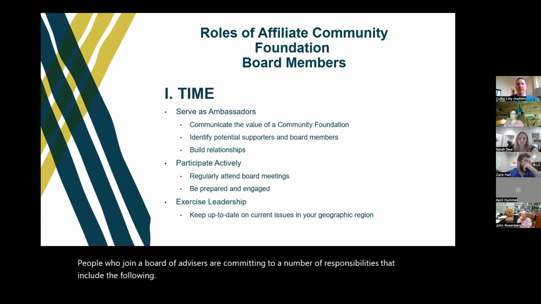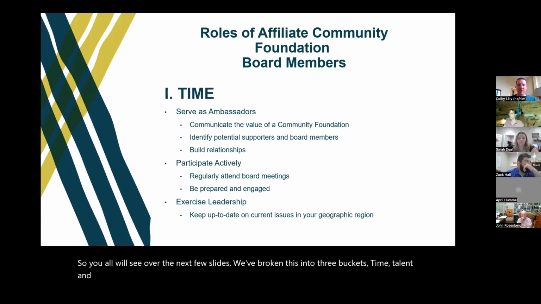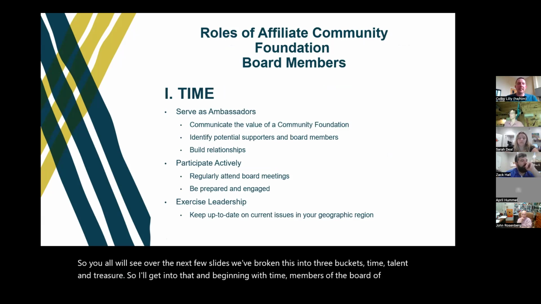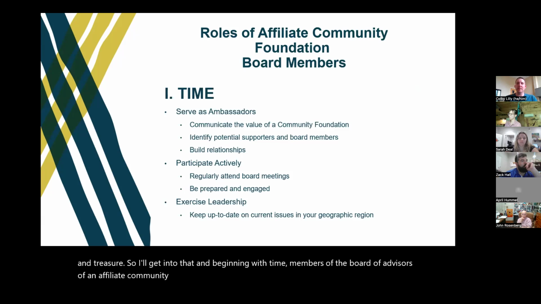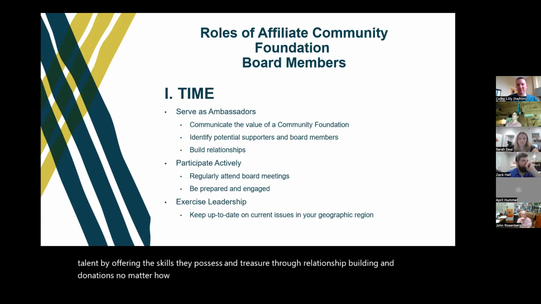So you all will see over the next few slides, we've broken this into 3 buckets: time, talent, and treasure. So I'll get into that, beginning with time. Members of the board of advisors of an affiliate community foundation generously commit to share their time as a volunteer, talent by offering the skills they possess, and treasure through relationship building and donations, no matter how small. So specifically with time,